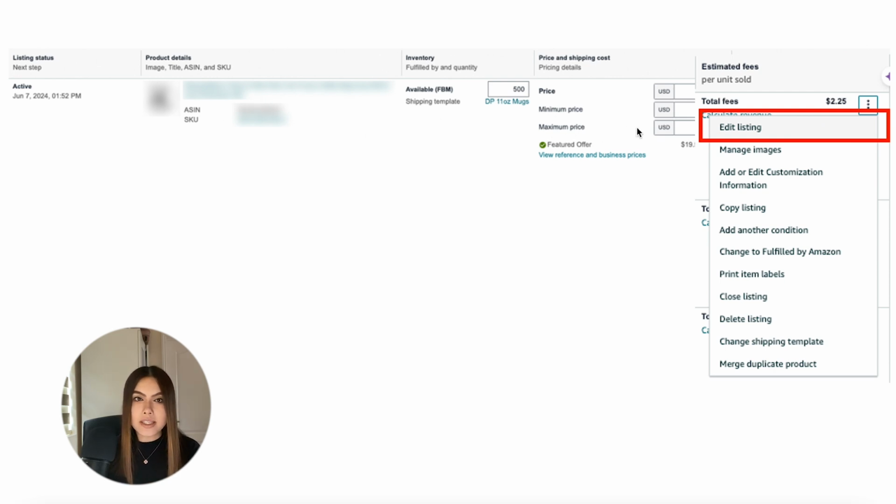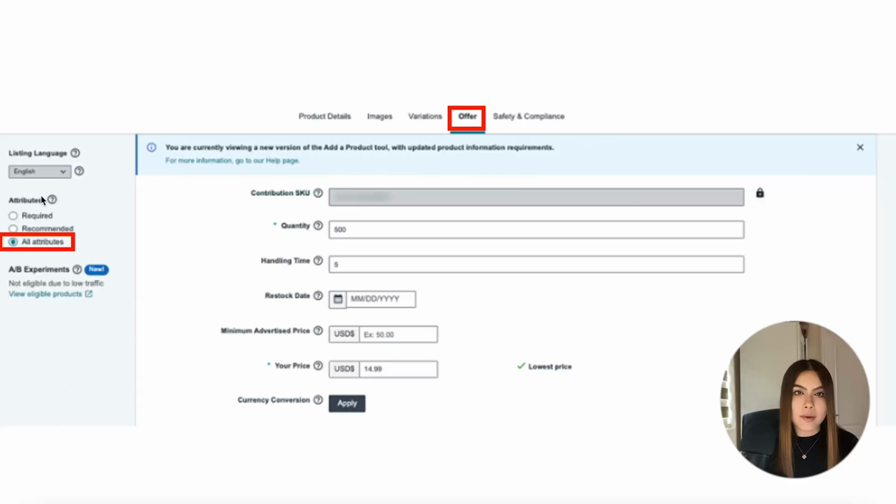Now, I want to show you some settings that you can only access after you publish the listing. Super annoying, I know, but it's just how it is. It has to be done after you upload. So if you click on the three dots on the right and then edit listing and make sure all attributes